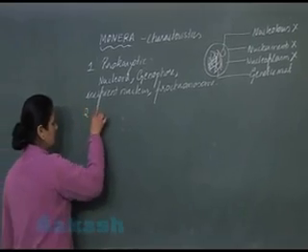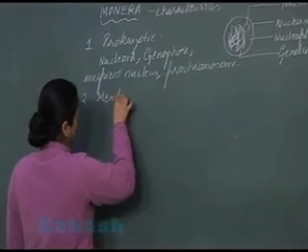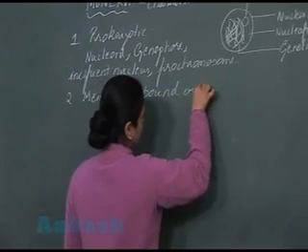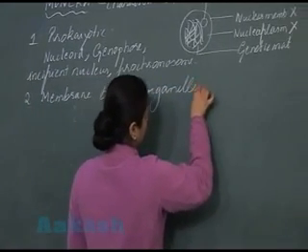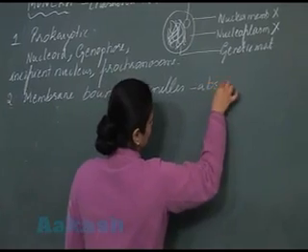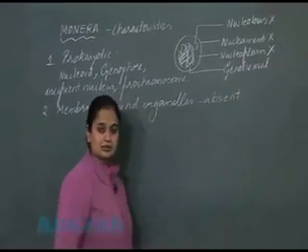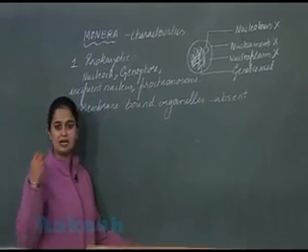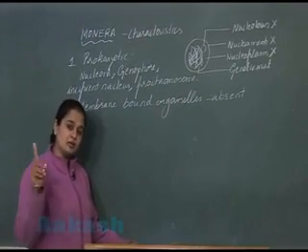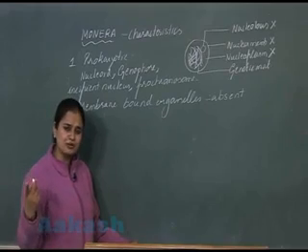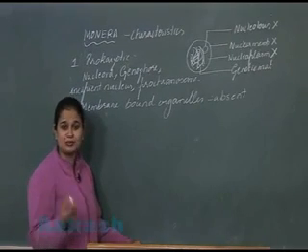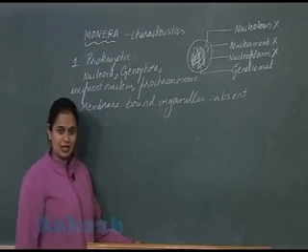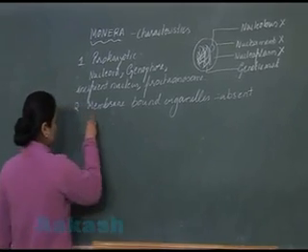Second, membrane-bound organelles are absent. In the prokaryotes, membrane-bound organelles like chloroplast, mitochondria, endoplasmic reticulum, Golgi bodies, and true vacuole are absent. They all are absent. Only there is the presence of